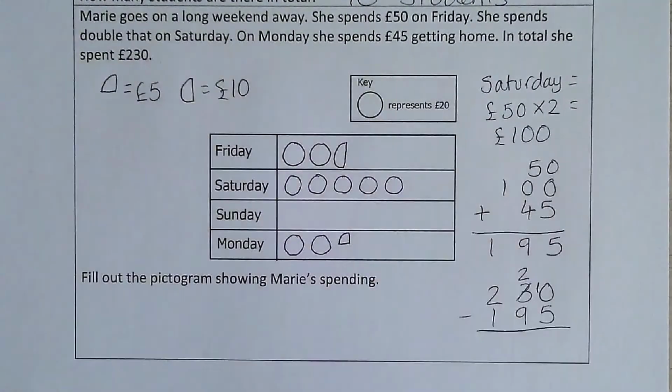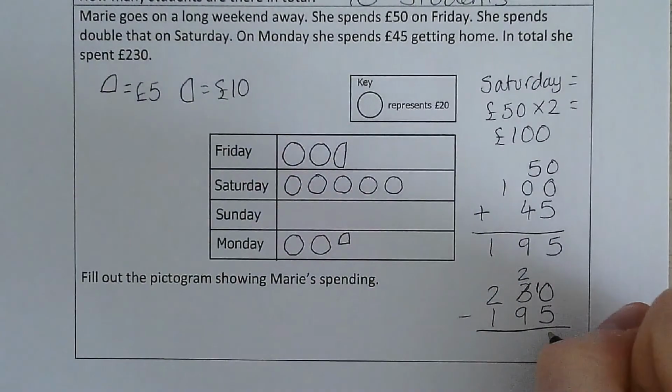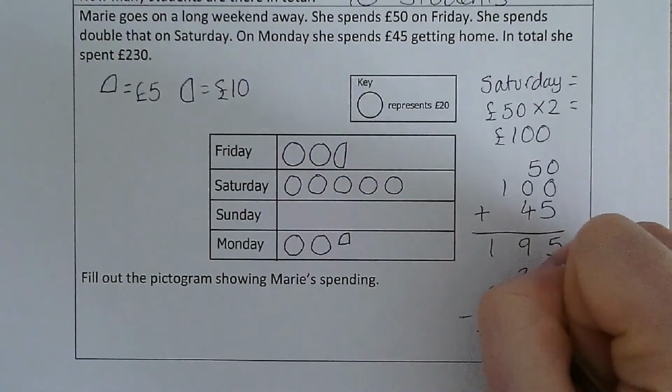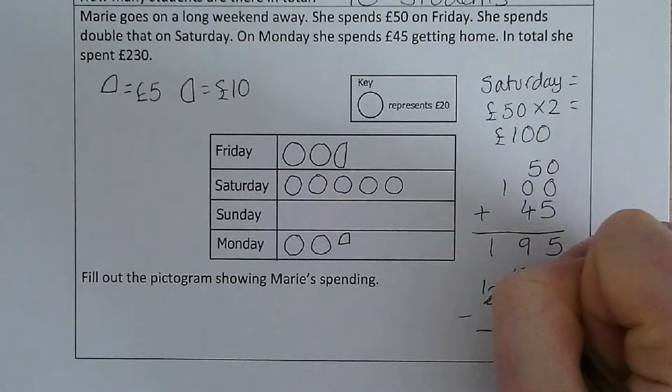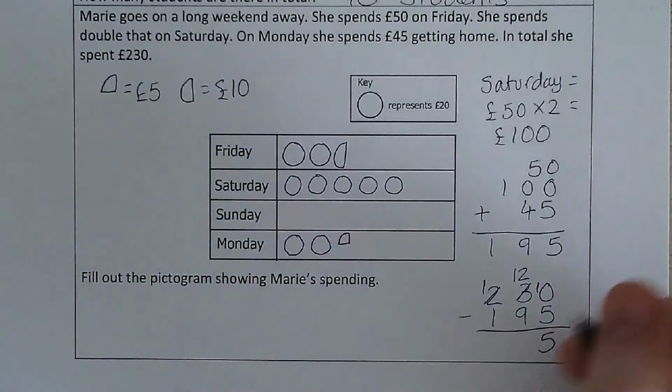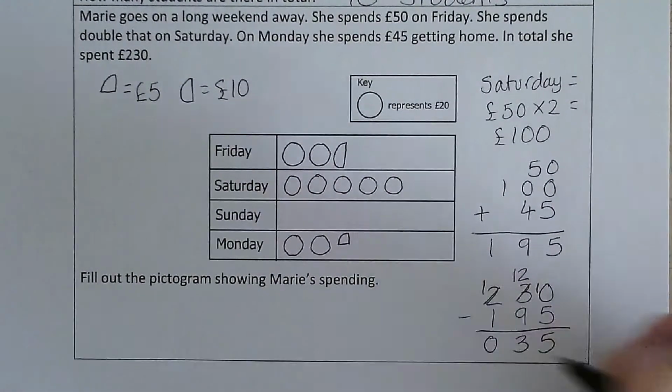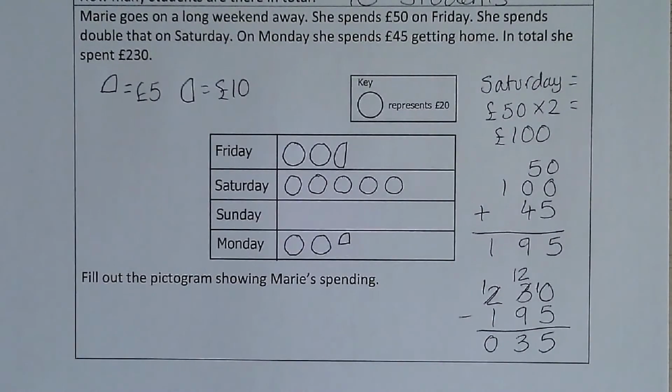If we do a bit of borrowing, we do 10 take away 5, which is 5. We need to borrow again. 12 take away 9 is 3, and 1 take away 1 is nothing. So on Sunday,